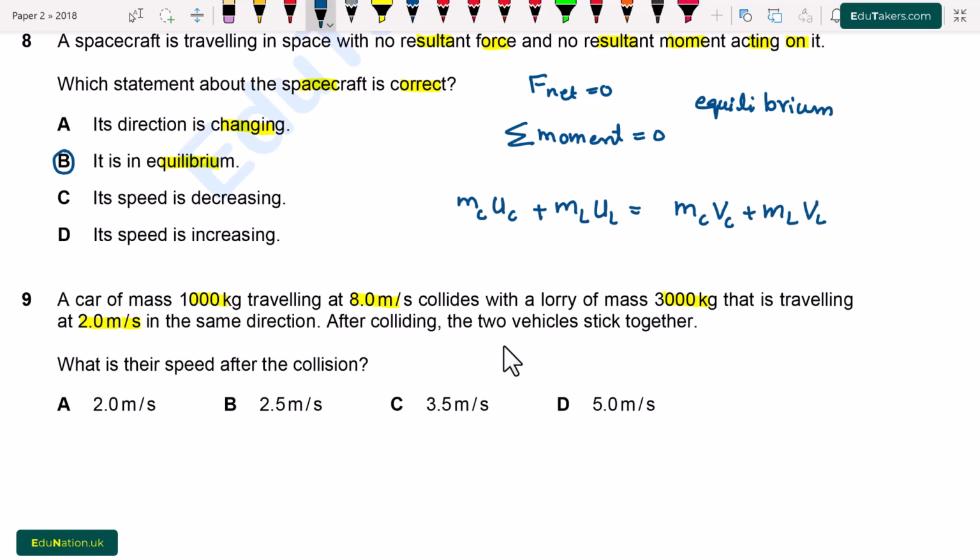So here when both of these stick together, after that they move with the same speed. We have to find out this speed. So I write here, both of these speeds are equal, and I suppose that it is equal to V. So here will be V (mc + ml). I rearrange this formula. V will be equal to mc uc